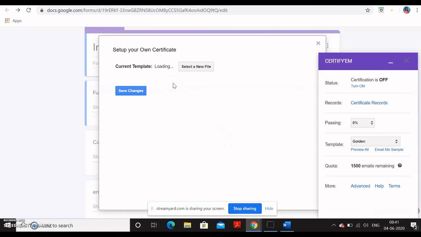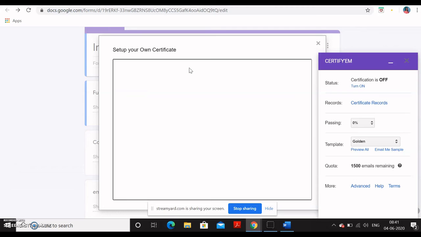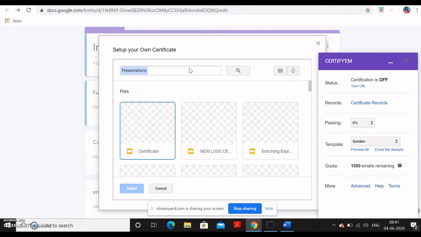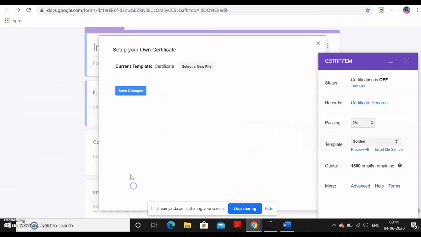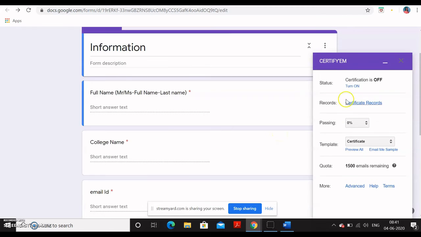When I go to use custom template, it will ask me to select a new file. And the certificate which I just created, can you see it has appeared here? So I can select this and I've saved changes. So now the new certificate which I have created will be linked with my Google form.